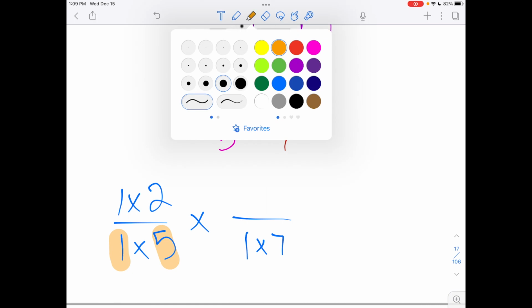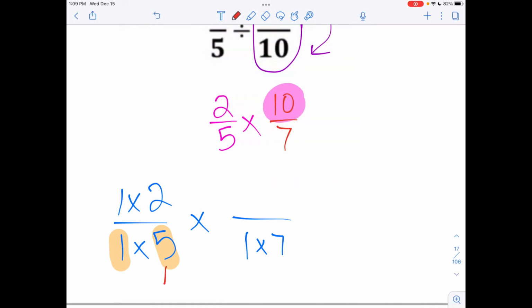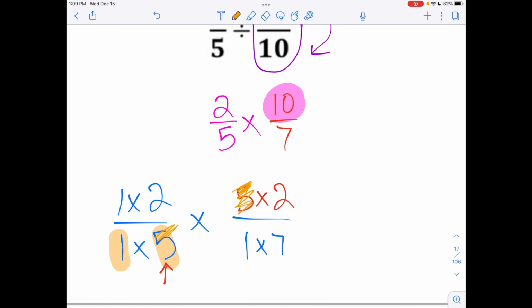I can always use 1. I want to try to use a number that's not 1, like 5. That's 5 times 2. I'm going to cross out the common factors. 5's gone, 5's gone, 1 and 1. I cannot